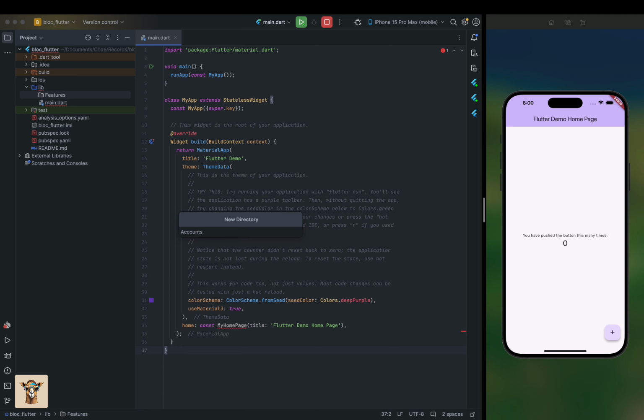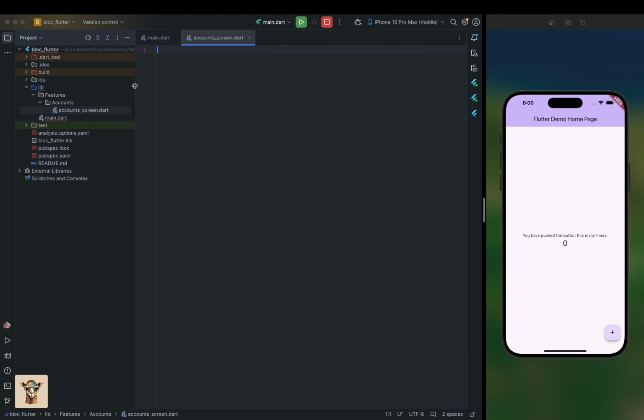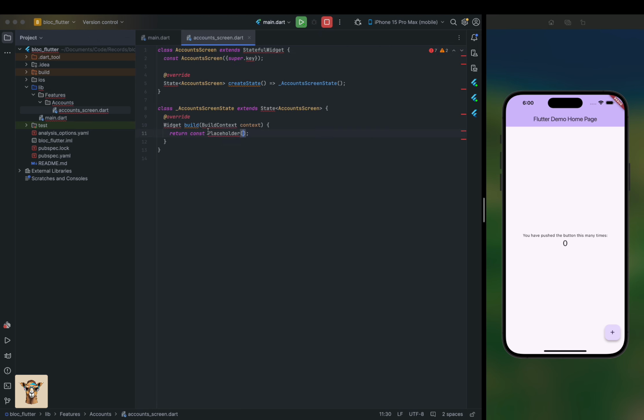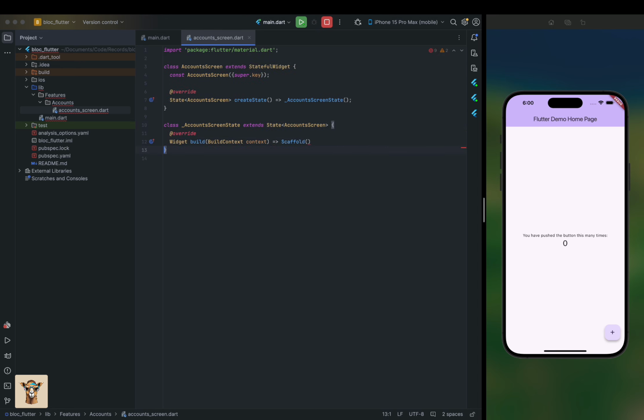accounts, and inside the accounts folder we have a Dart file for the view, accounts view or screen, accounts screen. Okay, it's a stateful widget, and here I wanna add a list view and a floating action button for adding data. So first, inside the scaffold we can add a floating action button,